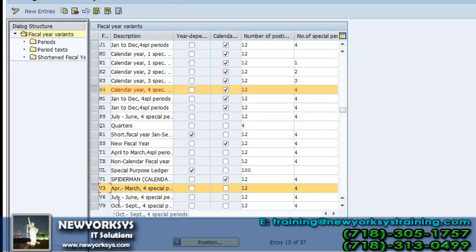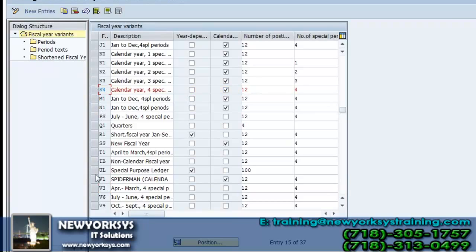Likewise, V3 is April to March plus 4 special periods. This one is October to September. These are different types of fiscal years according to the requirement, and we can select either of them. Let me take K4, calendar year plus 4 special periods. If you want me to take V3, there is no problem, it doesn't make any difference. So let's go with the calendar year.